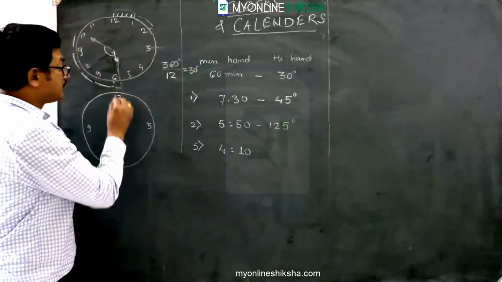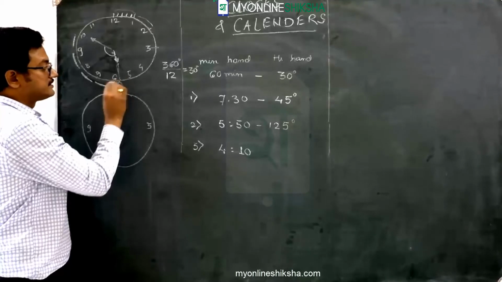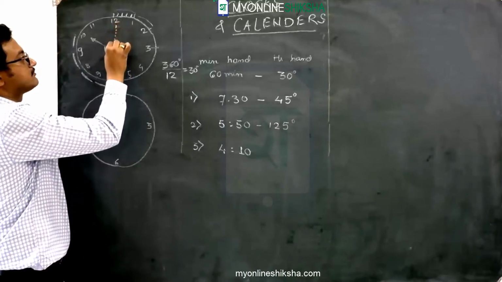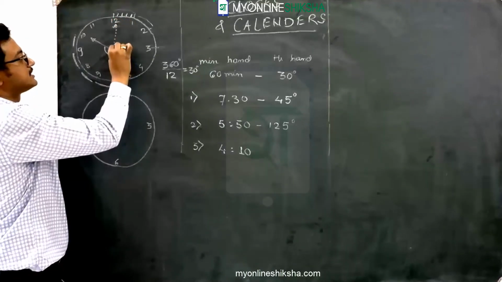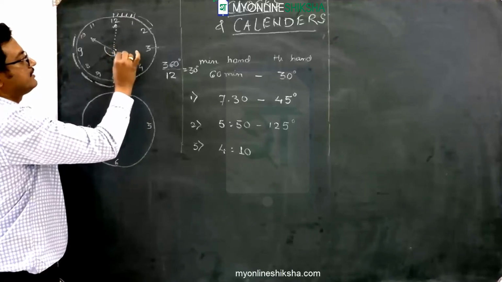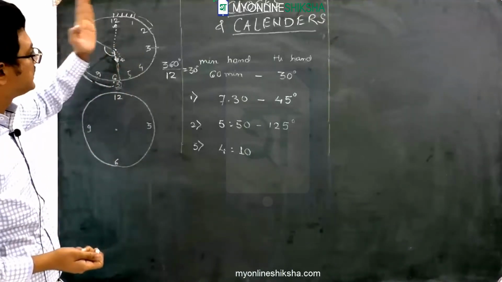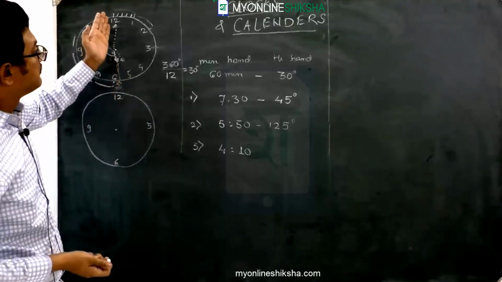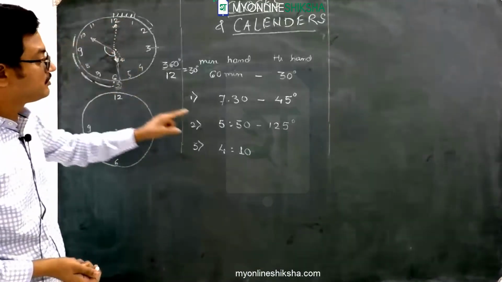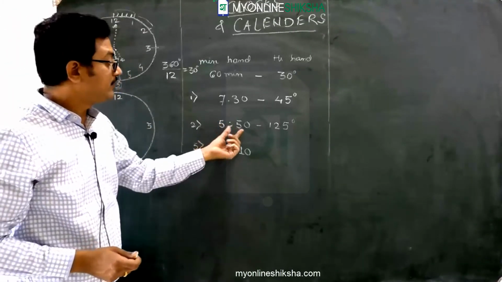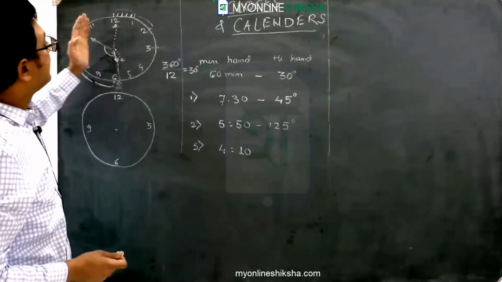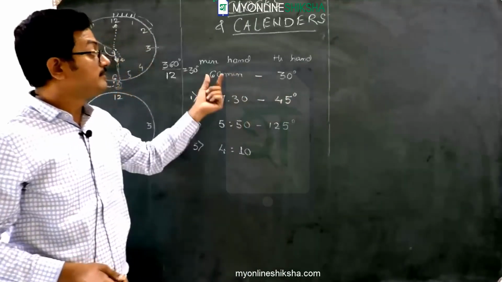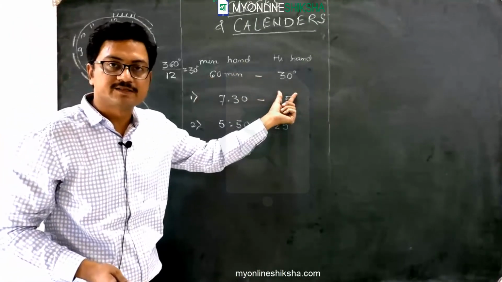Is it? So you need to understand this concept of 5 degrees. Another way to look at it is that when it was 5 o'clock, the situation was something like this. I am drawing it by a dotted line because it's imaginary. At 5 p.m. the minute hand was at 12 and hour hand was at 5. Now after 5 p.m. the minute hand has travelled 50 minutes because we are finding out the angle at 5:50. When minute hand travels 60 minutes, hour hand travels 30 degrees. So when minute hand travels 50 minutes, hour hand travels 25 degrees.